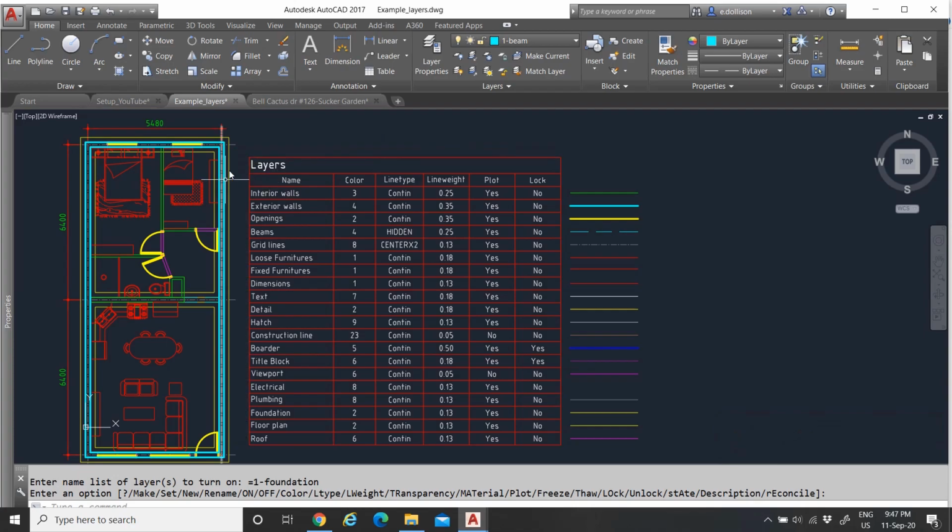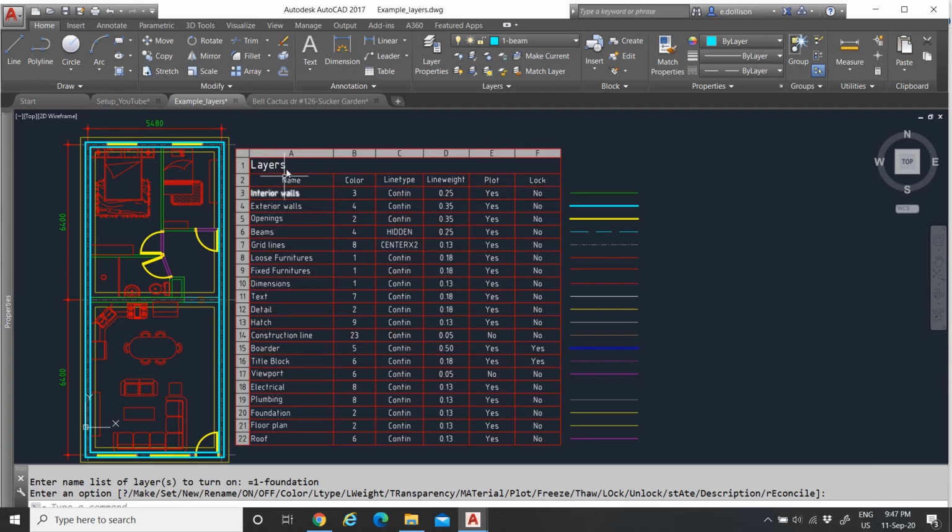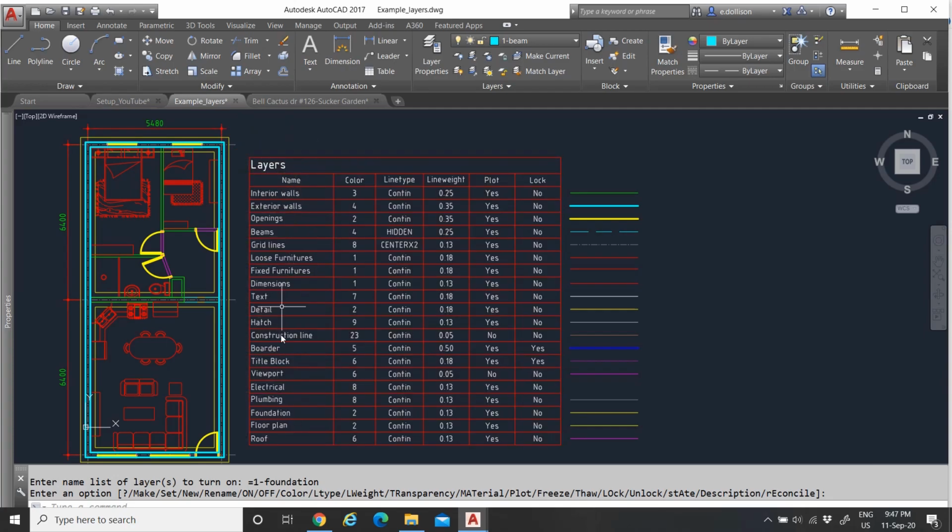So in my example, I am focusing more on building. So buildings, building engineering. In this example, we have these names right here. So let us get into making the layers. And of course, if you're interested also in drawing buildings, these work for me. I don't know if it works for you, but layers are very personal because it's what you're going to work with. So let's just get into